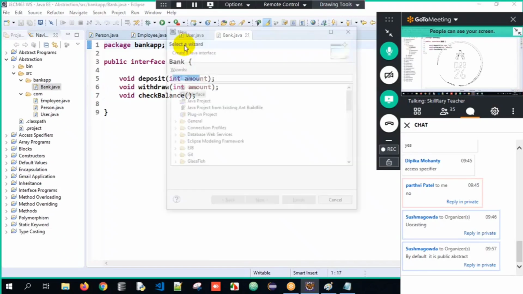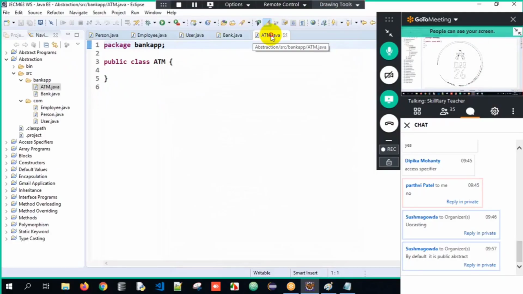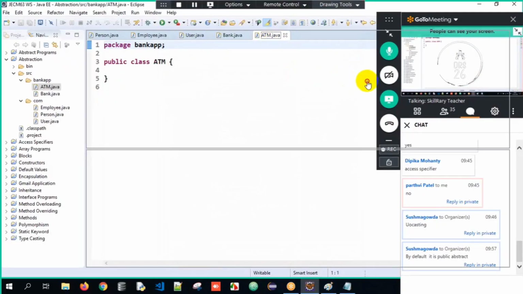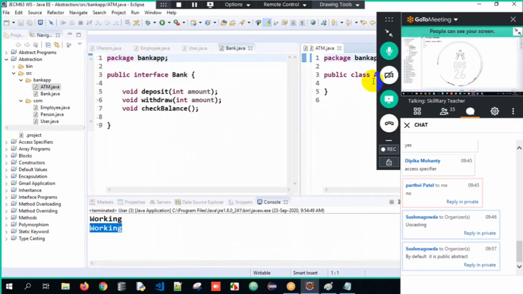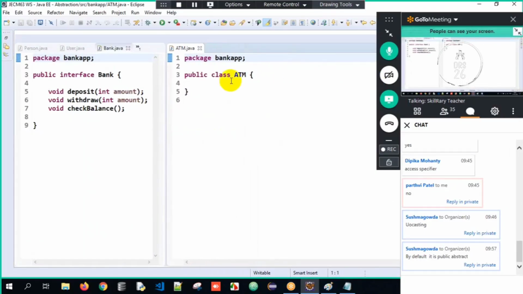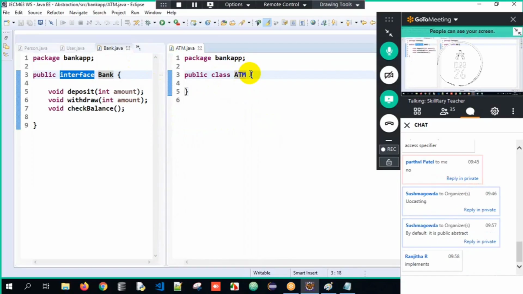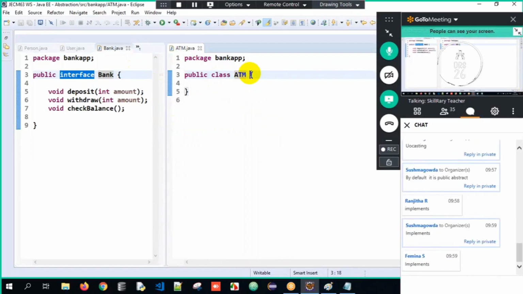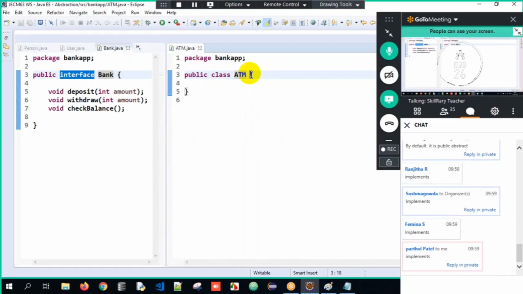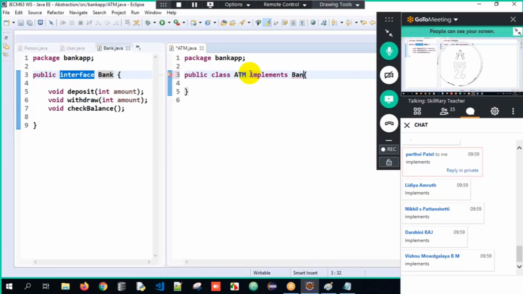Rule number two. I will have a class called ATM over here. So now tell me, apply common sense and tell me, if I want to achieve an IS-A relationship between ATM and a bank, that is class to an interface, should I make use of extends or implements now? Extends or implements. Very good. Sir, class to an interface, sir. You cannot make use of extends. So rather we have to make use of implements over here. Implements what? Bank. Got the clarity?